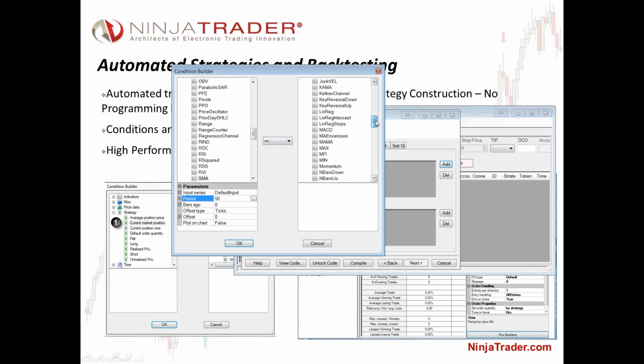And then maybe with my crossover, I want to see that with an SMA that's a 50-period as well as an SMA that is a 21-period. So maybe when I see a crossover of the 50 over the 21, excuse me. All right, so maybe when I see the 50 cross over the 21-period SMA,